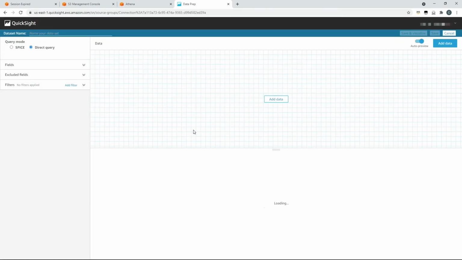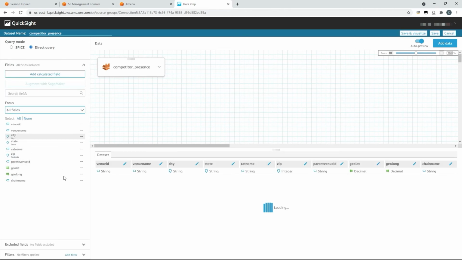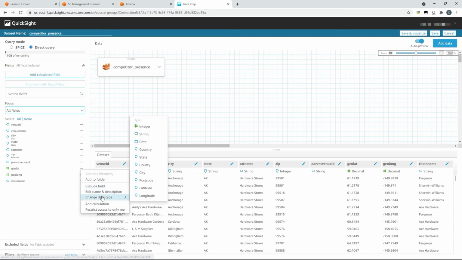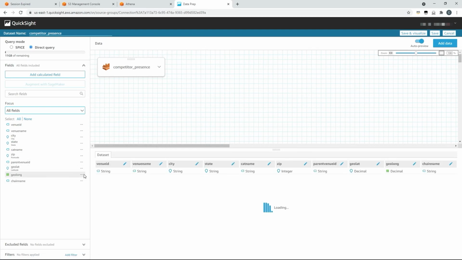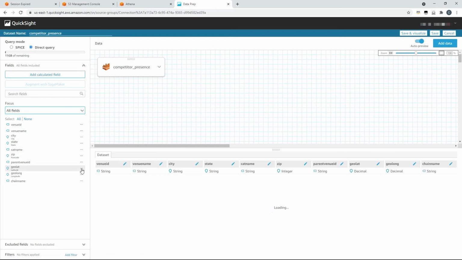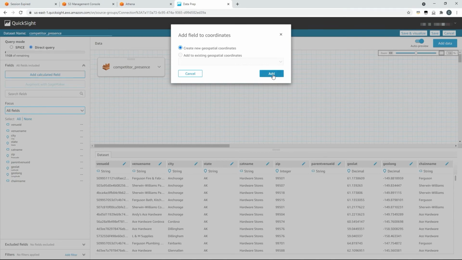Here we'll edit and preview that data. Over here on the left you can see the different fields, and to make sure QuickSight picks these up as latitude and longitude, we'll quickly change the data type on those fields, and we'll add them to a geospatial hierarchy.